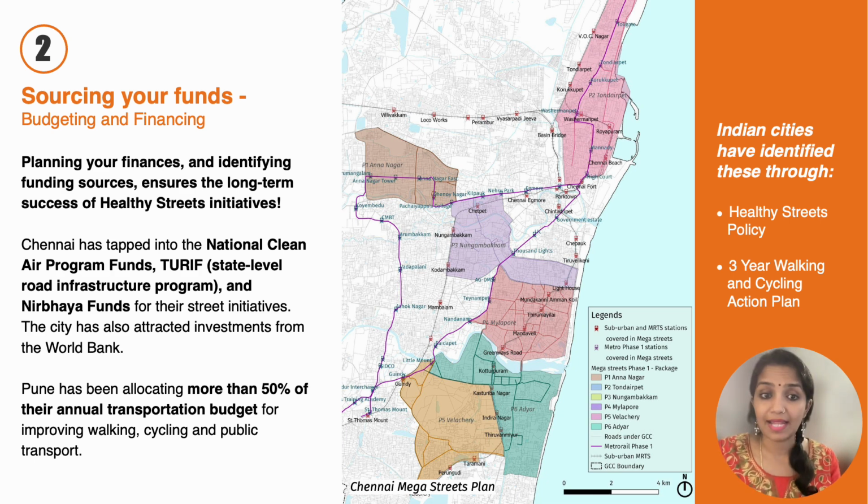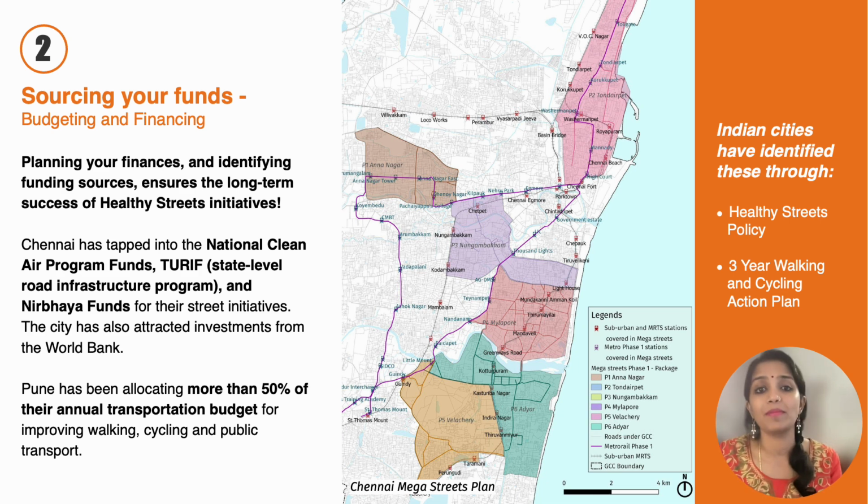Now, planning our finances and identifying funding sources is extremely critical for the long-term success of our Healthy Streets initiative. To give you an example, Chennai, the city in Tamil Nadu, tapped into the National Clean Air Program funds as well as the state-level road infrastructure program funds and the Nirbhaya funds to ensure that they have continuous action